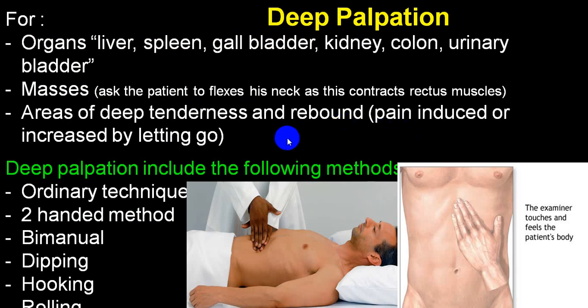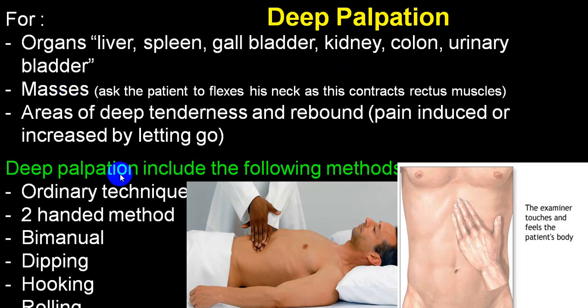So if you can't identify by a superficial palpation, usually you go for a deep palpation. And in a deep palpation, we always look for liver and spleen, whether they are enlarged or not. And if they are enlarged, then you have to give a description: size, shape, surface, consistency, movement with respiration, tender, non-tender, all those things you have to mention in detail. We already mentioned gallbladder, kidney, colon, and urinary bladder. Normal person, it is not palpable. In a pathological condition, only they will be palpable. The structure which you cannot identify, we mention that as a mass, or sometimes you use the word lump.